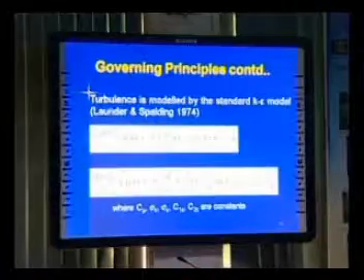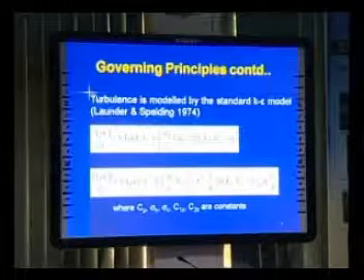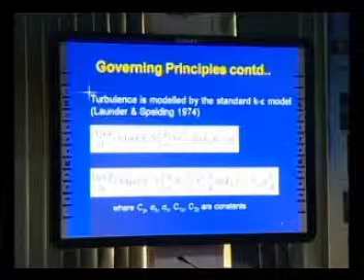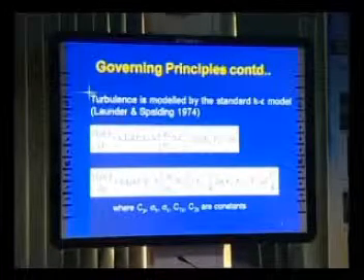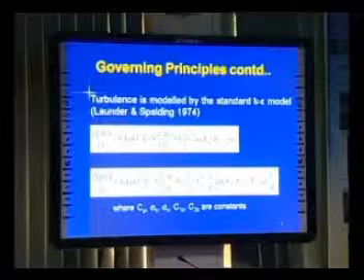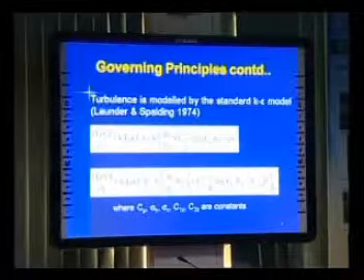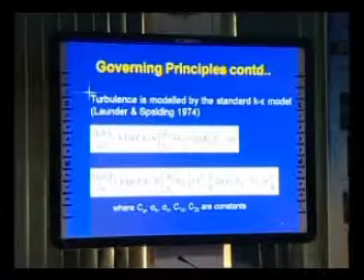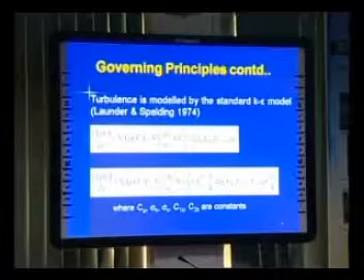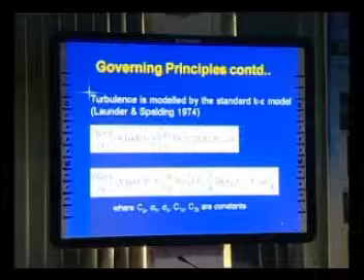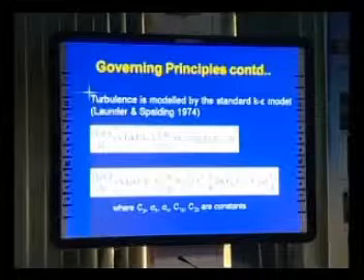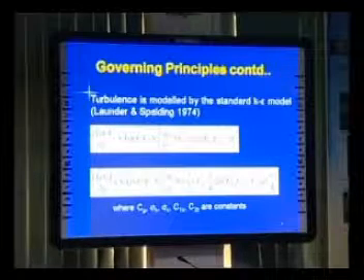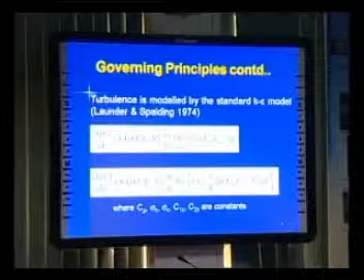The most important thing is turbulence. Turbulence is very difficult to model. You cannot predict turbulence. There are different turbulence models. The most popular model is the standard K-epsilon model, which was introduced by Launder and Spalding. It has many applications in the industry, especially where complex flows are involved. So here we have two parameters, K and epsilon. K is turbulent kinetic energy, epsilon is turbulent dissipation rate. And also you have a set of constants. So these are the two basic equations to model turbulence.